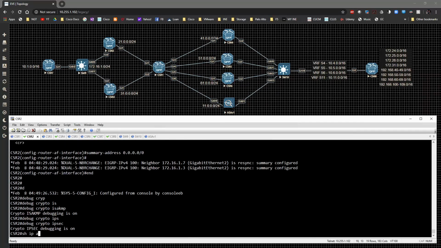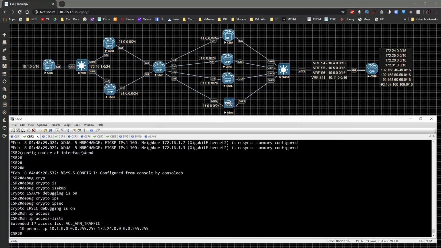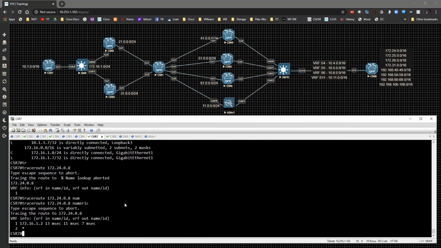If we do a show ip access-list, we're not getting any hits. So why is that? We're not even getting phase 1 to start. Oh, you know why? So where am I trying to source from? I'm trying to source from the 172.16 network. I need to say, instead of pinging from that address, I need to source from